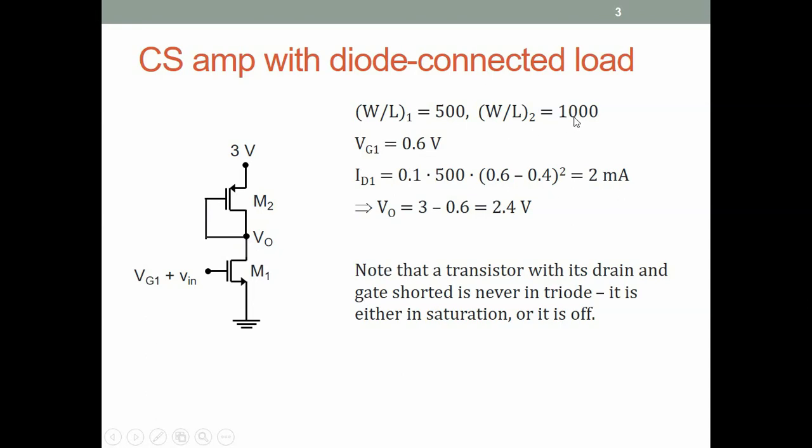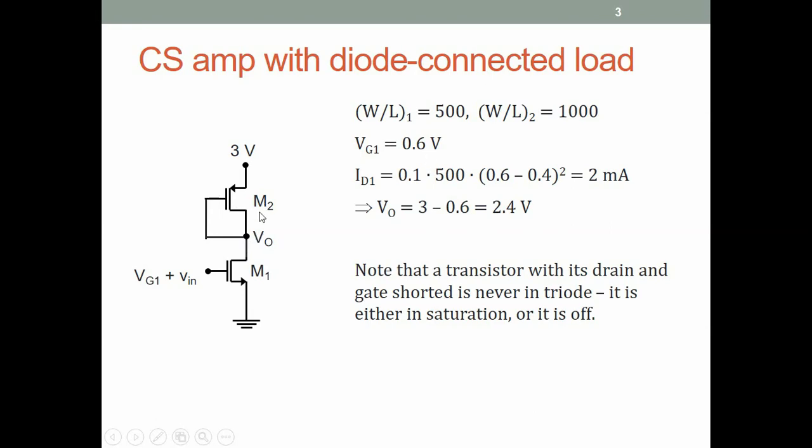And the PMOS W by L is twice the NMOS W by L, and the PMOS mu P Cox is half of the NMOS mu Cox, and therefore the mu Cox W by L's are equal, and so both transistors should have the same gate source voltage magnitude. So the gate source voltage of M1 is 0.6. So the source gate of M2 should also be 0.6. So the gate will be 3 minus 0.6 equal to 2.4 volts. And with this voltage, M1 is clearly in saturation because 2.4 is much greater than 0.6 volts.